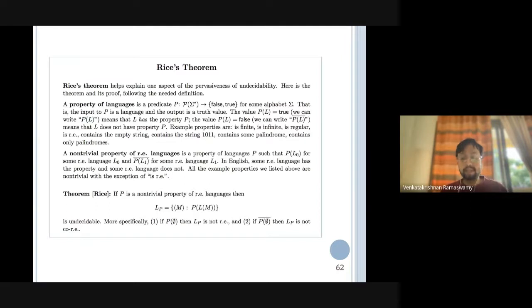You can take that description of a Turing machine and feed it to another Turing machine, which is a fascinating thing. You can construct things such as universal Turing machines, which can simulate any other Turing machine. But this also allows you to think of building Turing machines that can answer questions about other Turing machines, whose descriptions you plug into them. Each Turing machine has associated with it a certain language, so you can think of partitioning the set of all languages into two. And now you might want to build a Turing machine which, given